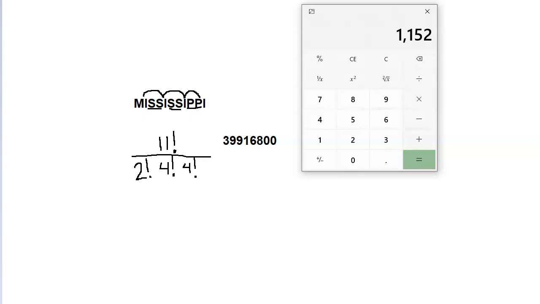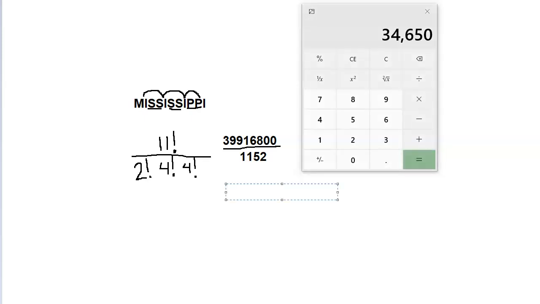Remember, factorials are just going from the number all the way down to 1. And now, I don't know if you've noticed this, but there is a joy in this chapter of not ever getting a decimal or a fraction as your final answer whenever you're doing a permutation or a combination. So this will divide evenly. You end up getting